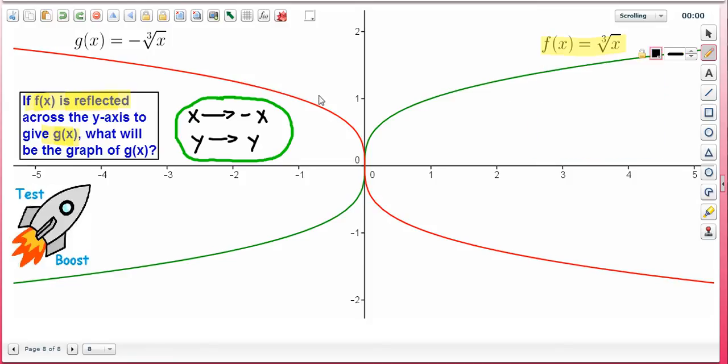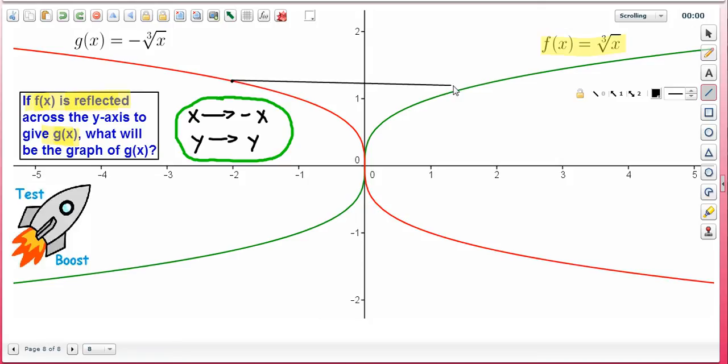So pick a point on either graph. Let's pick g of -2. And so that would be about right here. And what we'll see is there's a corresponding point on f of x such that f of 2 is equal to g of -2. And we could show that by drawing a horizontal line from this point